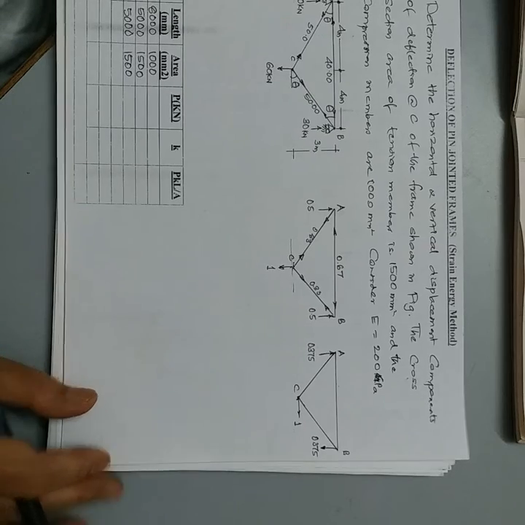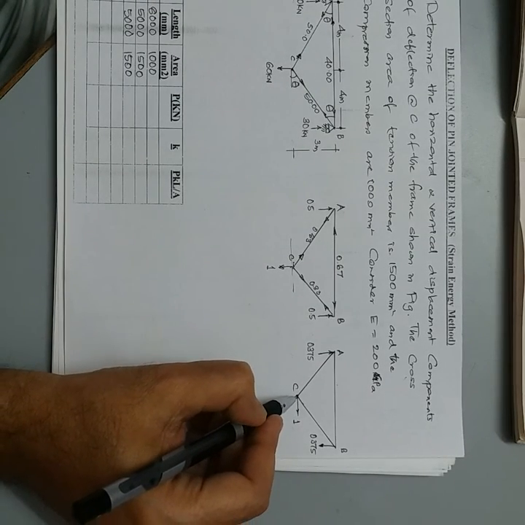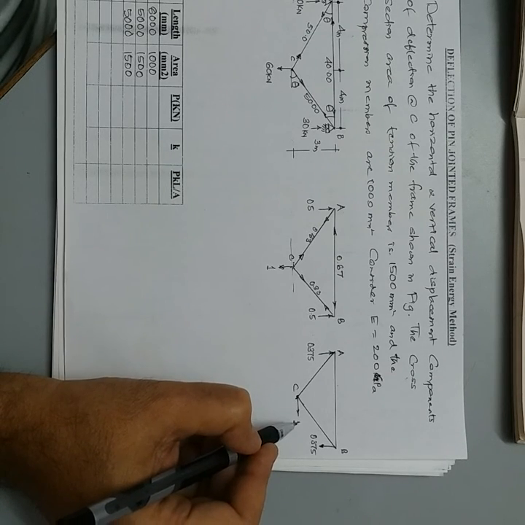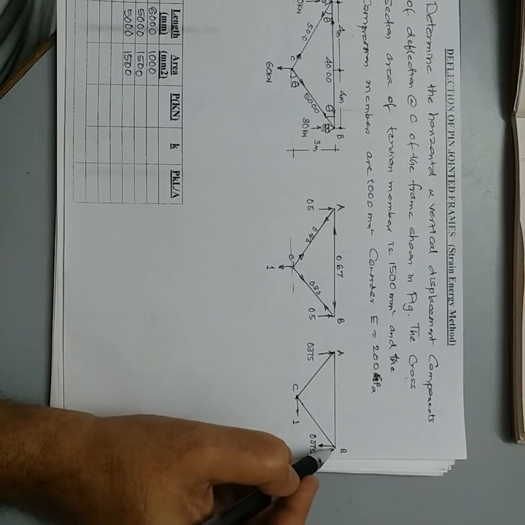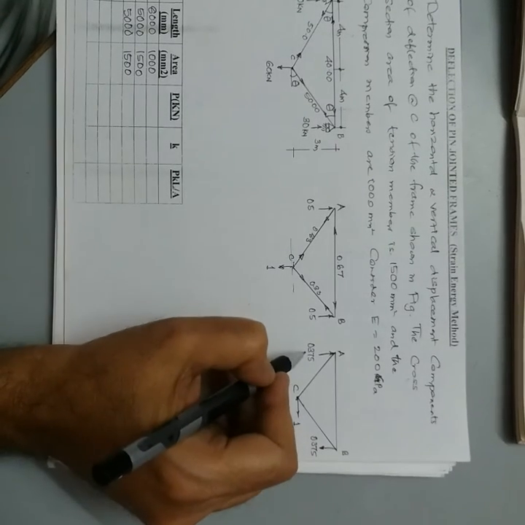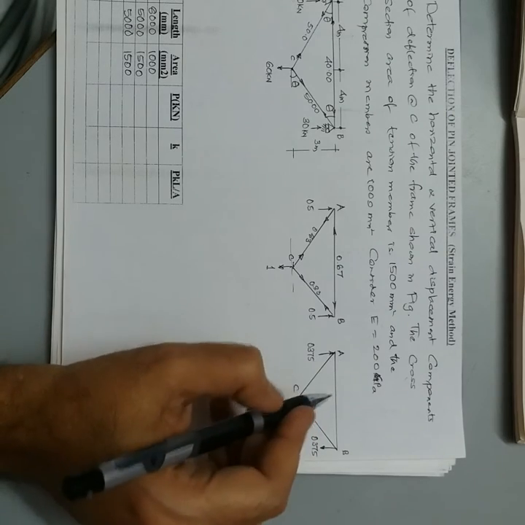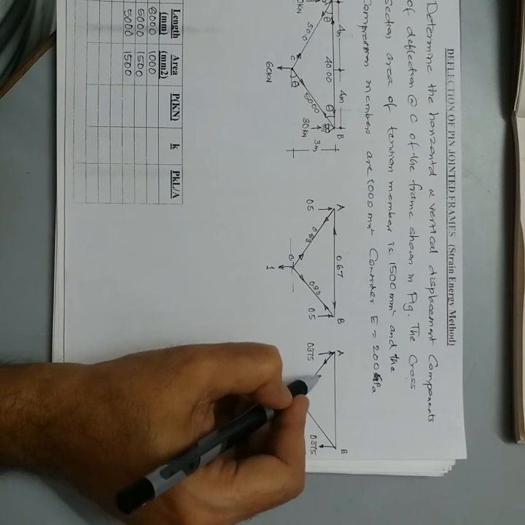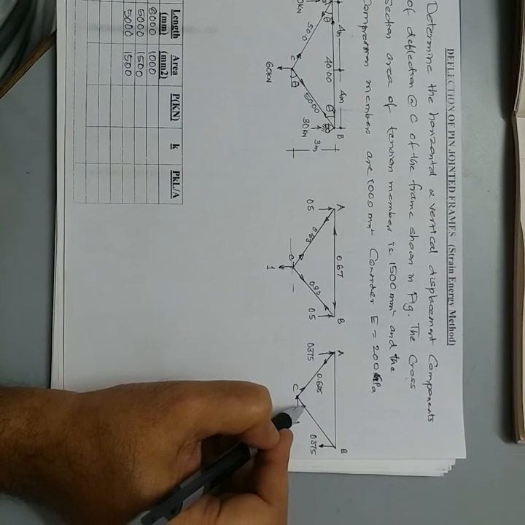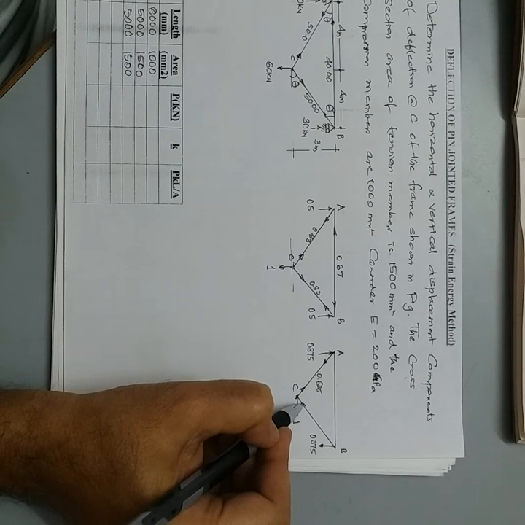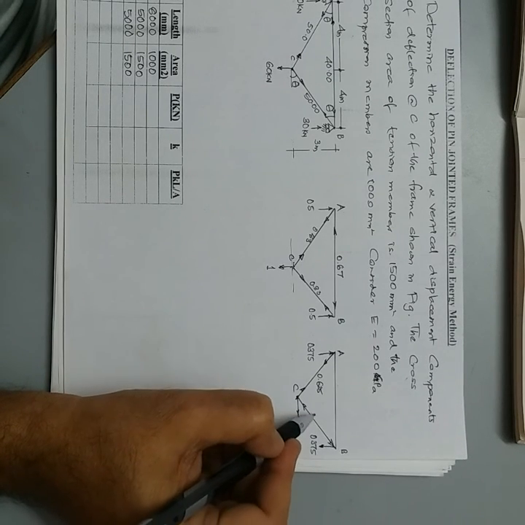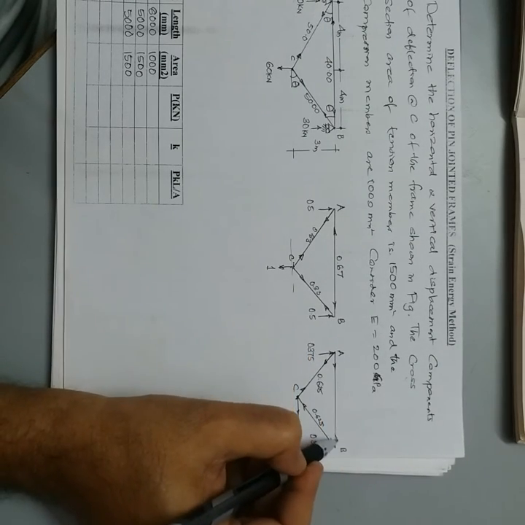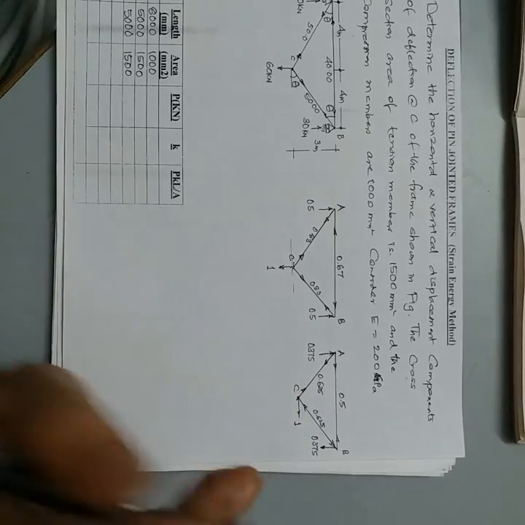Similarly, for horizontal deflection at C, let us apply a horizontal load at C. So here the reaction will be, this is 0.375 downward and this will be 0.375 upward. So if you resolve in the similar fashion as earlier, here the force will be 0.625 and here it is compressive 0.625 and this is also tensile of 0.5.